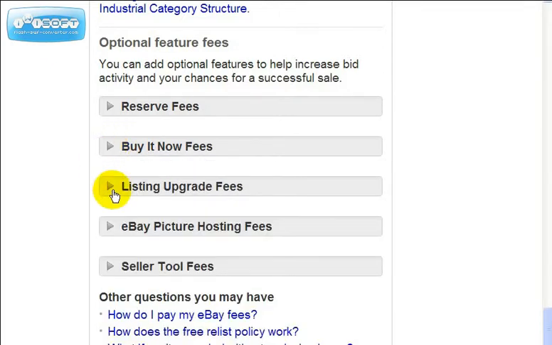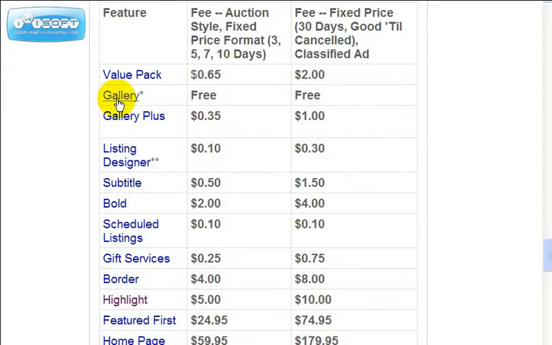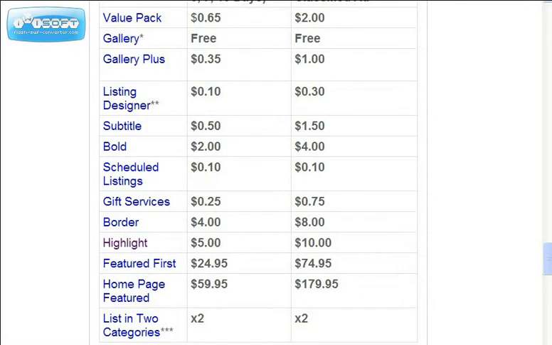Okay, and these are the listing upgrade fees. So if you want your listing to be more attractive, you want it to be more noticeable in the search results, you would choose any of these features, and clicking on any of these will bring you to a page which describes more about that feature. So for example, let's click on highlight,